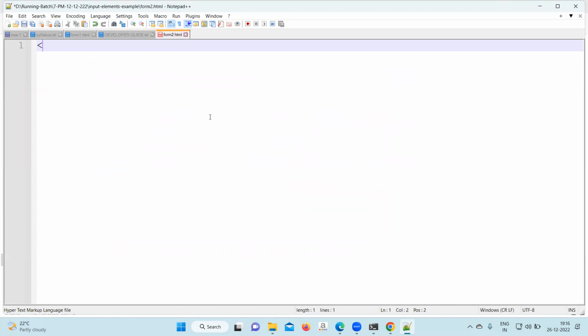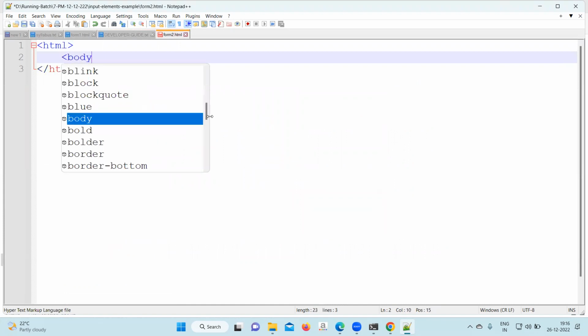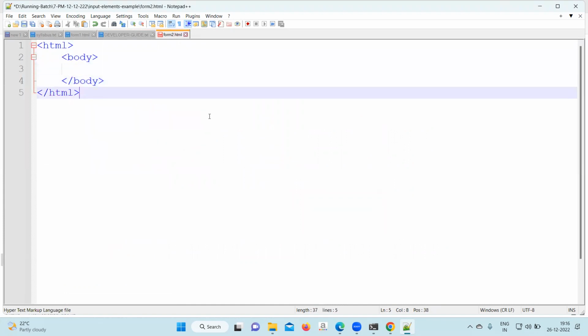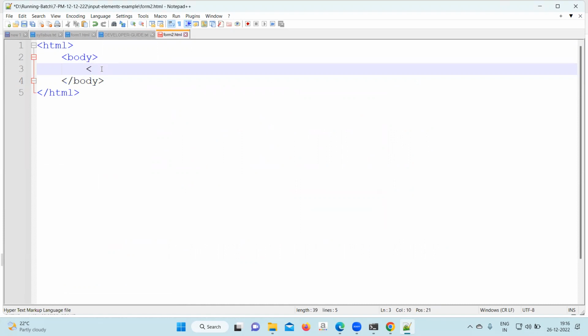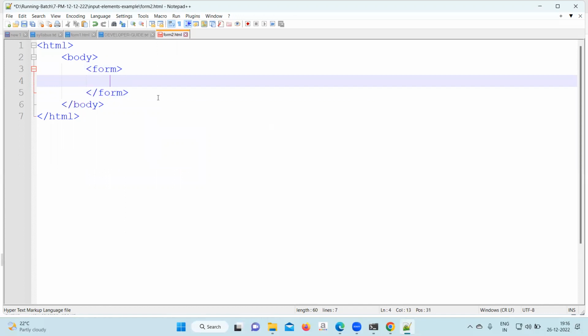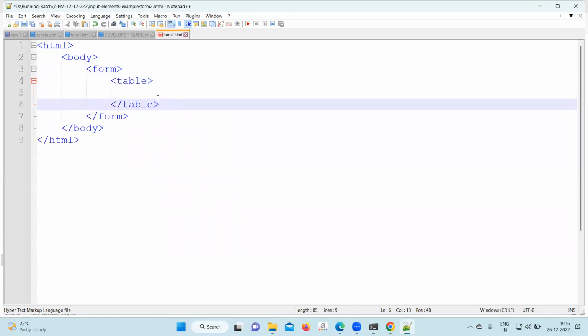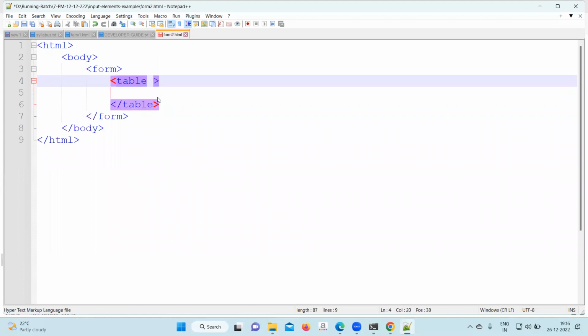Okay. HTML, open and close. Body also open and close. Right here, a form tag open and close. Then write a table tag also. For the table tag, you write cellpadding